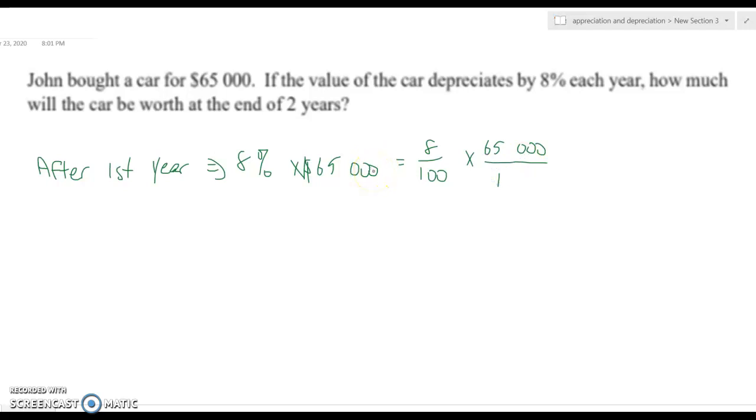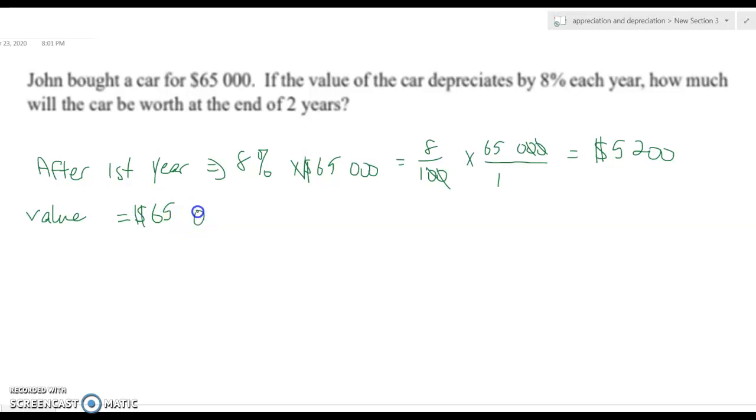Again, as I said, you could use your calculator, or you could cross out your zeros, one here, one here, one here, one here. So we will get 8 multiplied by 650, and our answer will be $5,200, right? So now, after the first year, the value would be